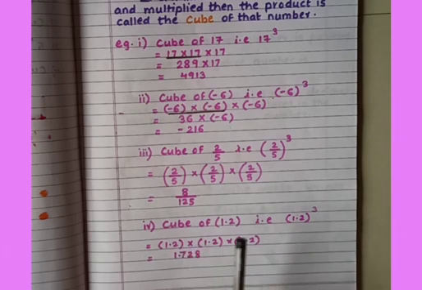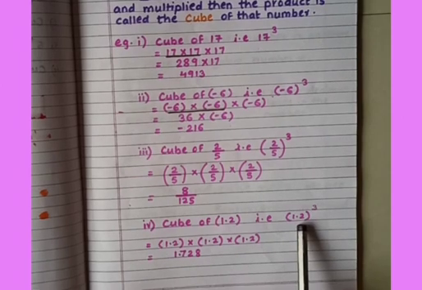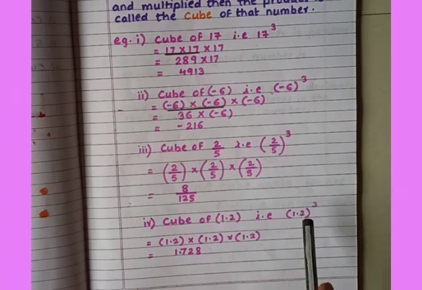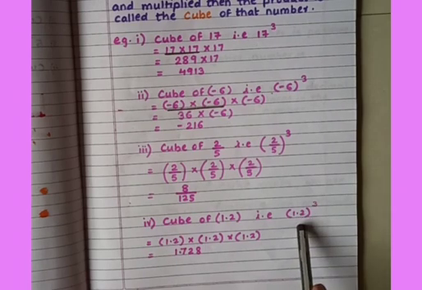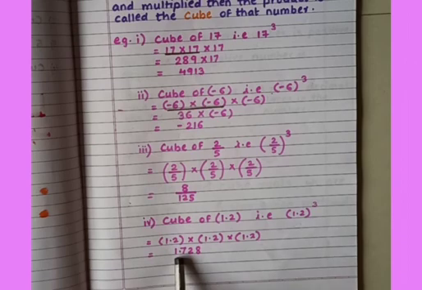Now students, many of you have doubts about putting the decimal point. Now look at here. Here in the question, the decimal point is after 1 digit. So when we are making the cube, you have to multiply that by 3. So 1 multiplied by 3, you will get the answer 3. Hence in the answer we put the decimal point after 3 digits from the unit place. Got it?